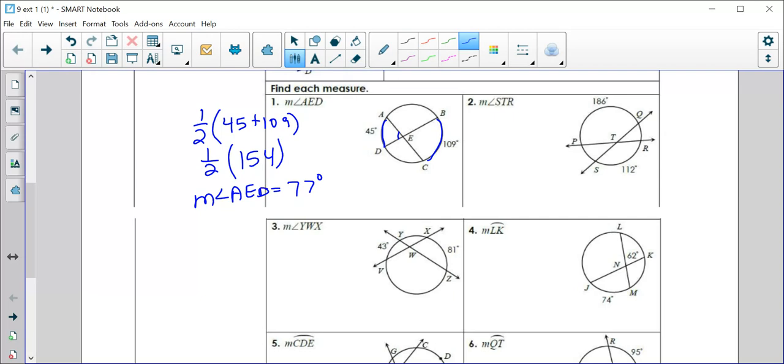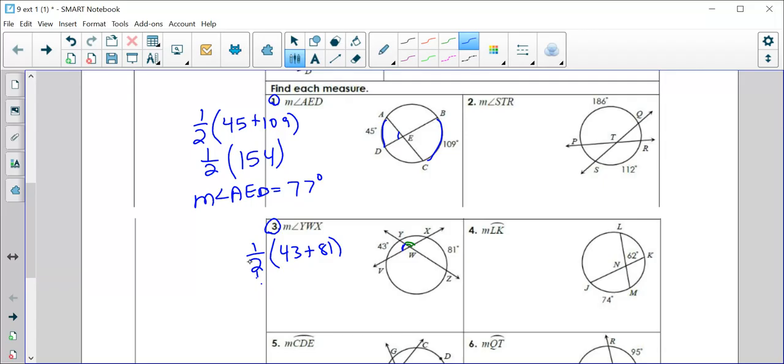All right, we're going to go ahead and do the odds here, and then you can do the evens here. All right, so number 3. This time I want a different angle, so I can still use the two arcs to help me get this inside angle. But after I figure it out, I need to subtract from 180 to get that top angle there. Okay, so we can still go half. Half of 43 plus 81,